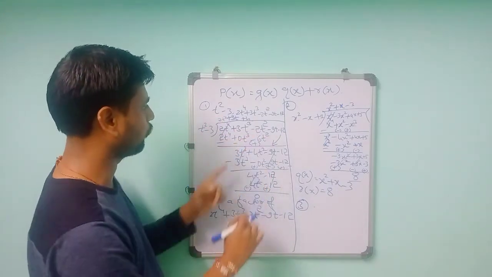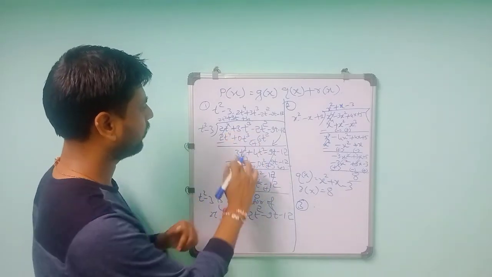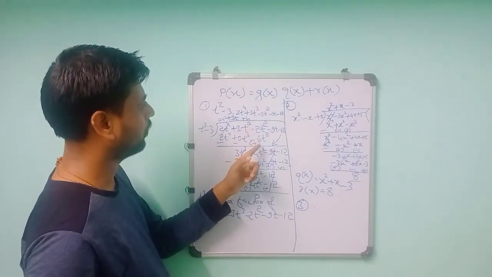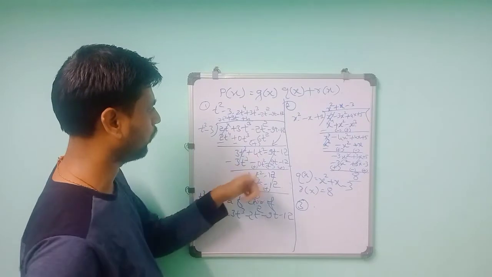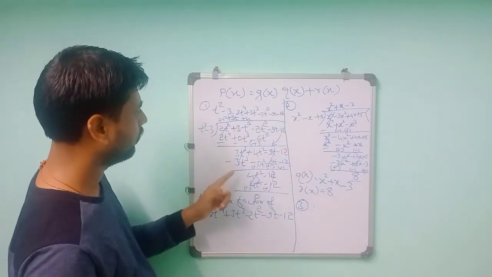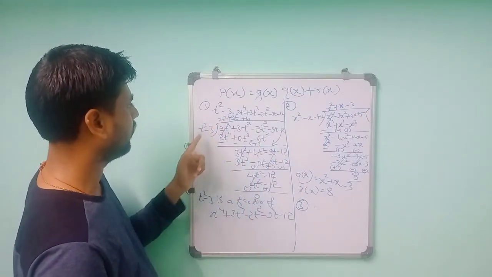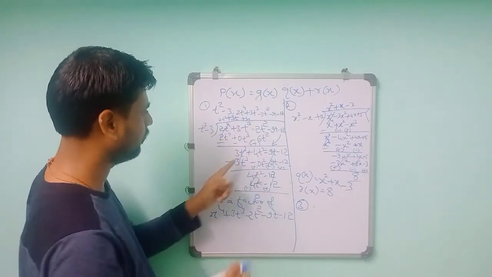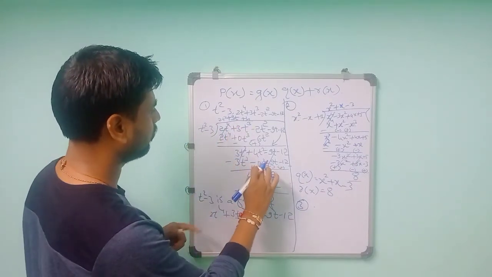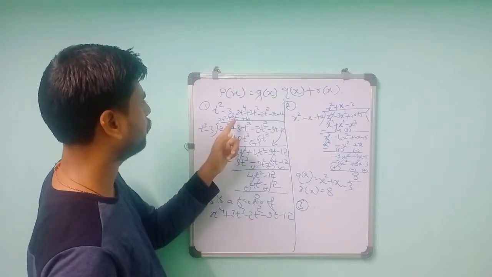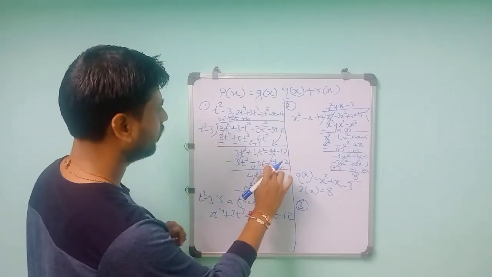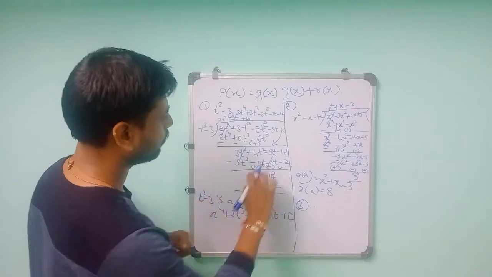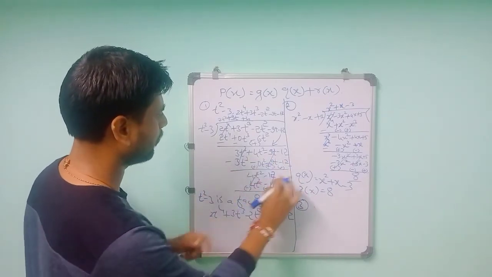Next 6t square, then minus this one plus 3t cube. Minus 2 is there, plus 6 is, so it will become plus 4t square, minus 9t minus 12. Then multiply it by 3 because t square is there, we have to make 3t cube. So 3t I have taken. 3t cube get cancelled, then t square is not there, so minus 3 into minus 3 is minus 9t, and this is, it will become, change the sign, plus 9t, this will cancel, and 4t square minus 12,